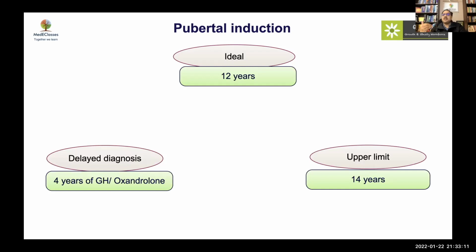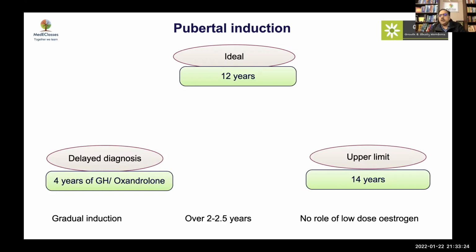In girls who present very late, oxandrolone therapy may be helpful in that perspective. Pubertal induction should be gradual, 10% of the adult dose, and increase it very, very gradually over 2 to 2.5 years. No role of low dose estrogen in the pre-pubertal age group. So start from around 12 years of age, try to get the periods by around 14.5, go by 10%